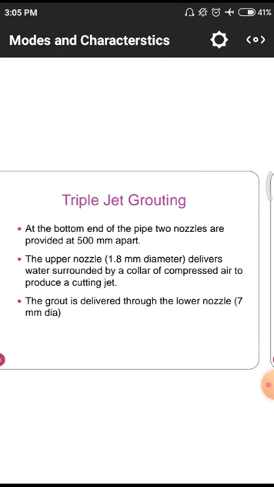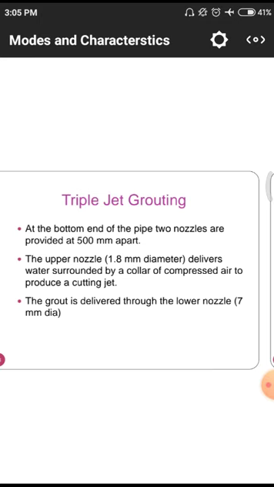And what are the advantages of utilizing this triple jet grouting? Normally we are having three kinds of jets, that means single phase, double phase and triple phase. In the single phase they are directly pumping the liquid. In the double case, with the help of liquid plus some quantity of pressure. In the third phase they are utilizing some solids and liquids and also some other liquids, so that it is a triple jet.